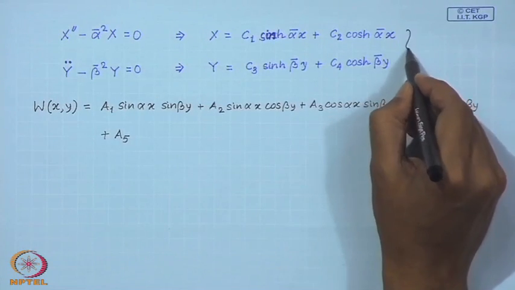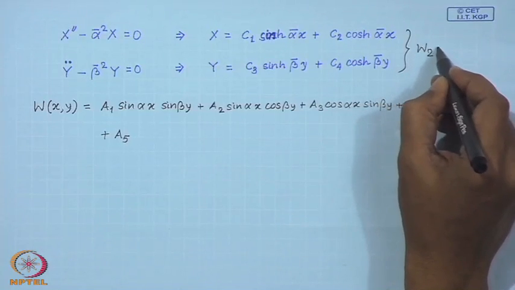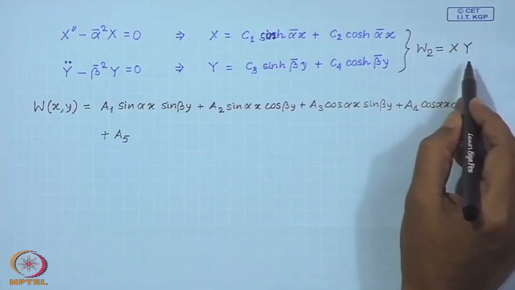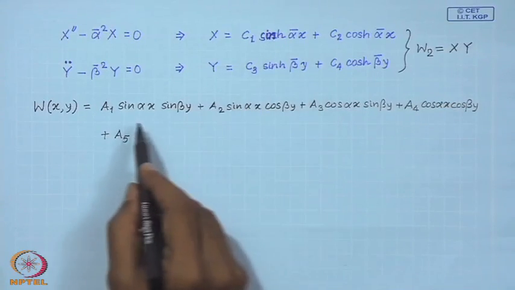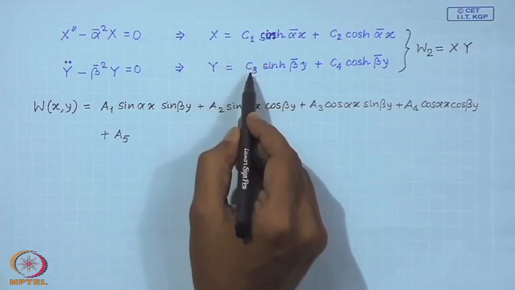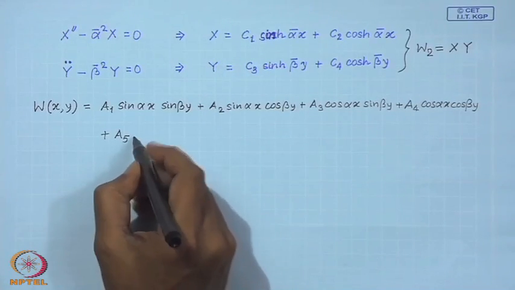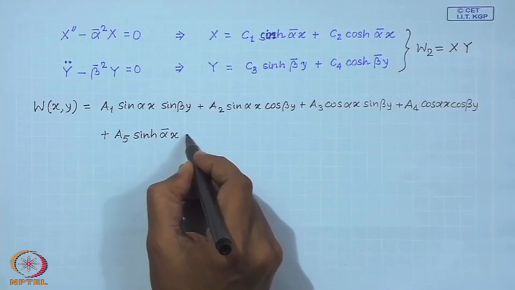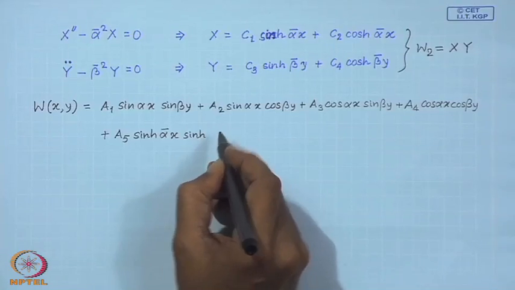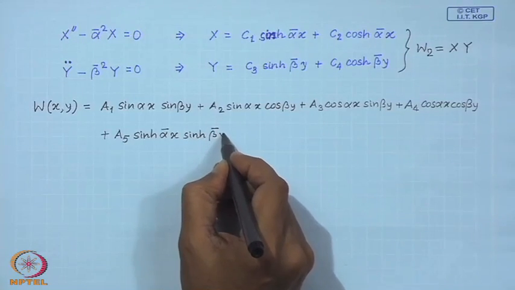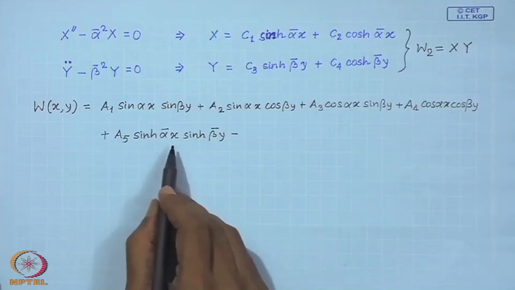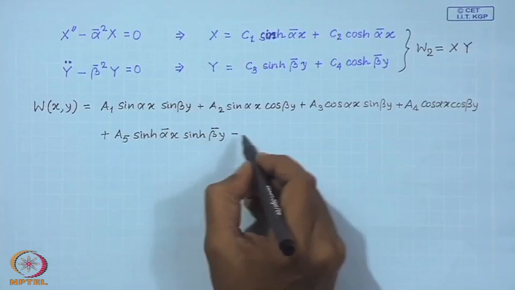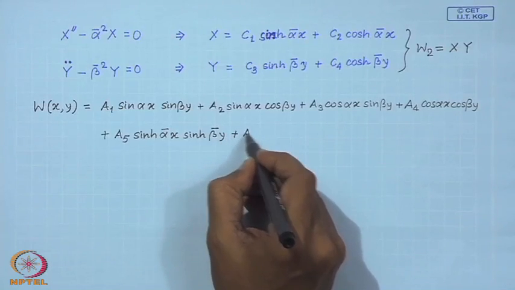So, now this product I can write, therefore, product of say C 1 C 3 if I write as A 5, then so this is A 5 sin hyperbolic alpha bar x into sin hyperbolic beta bar y. So, then I can